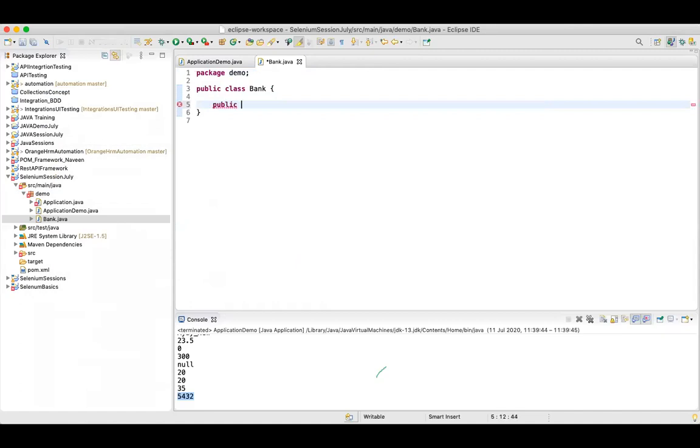You can define public, and the return type should be void. Public means this method is available to all. Void means I'm not returning anything, and then your bank method. So you can say credit. Credit is your bank method.